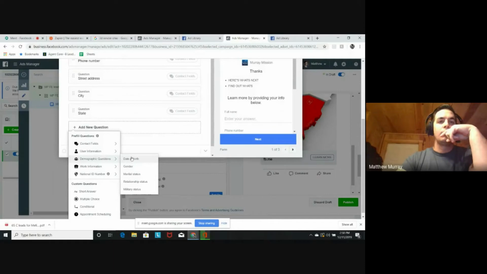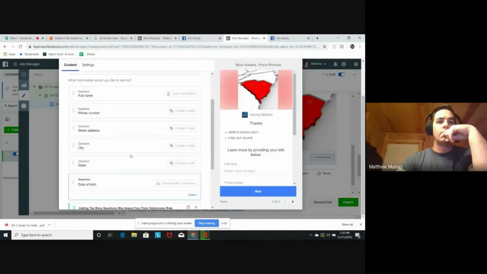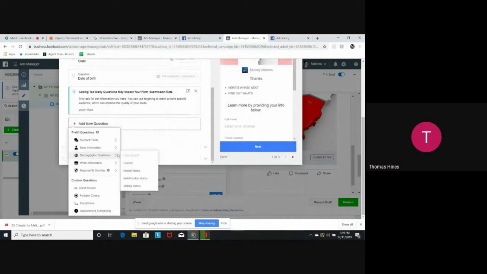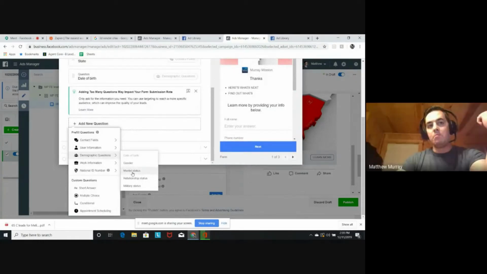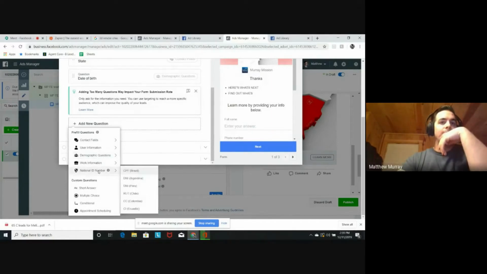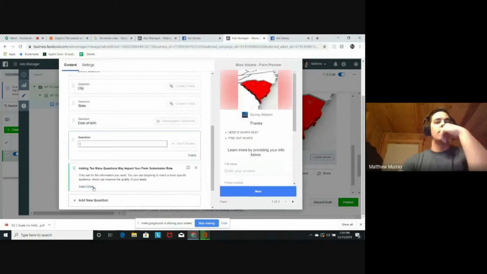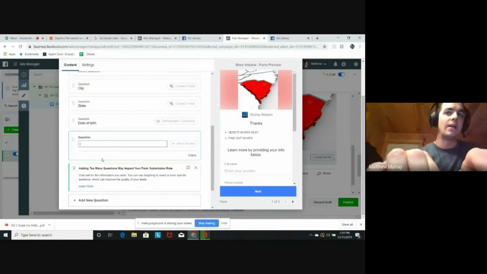Date of birth, important, very important. Marital status, you could put that. Relationship status, work information. Then I do what's called a short answer, which is, again, all that other stuff is automatically put in their Facebook, so it's going to fill most of it in for them. So I don't find that to be high intent. When I ask a question and make them type something in, they have to take their thumbs off and type something on their phone before hitting next, right? So I can put short answer,